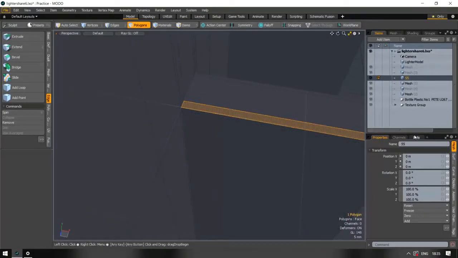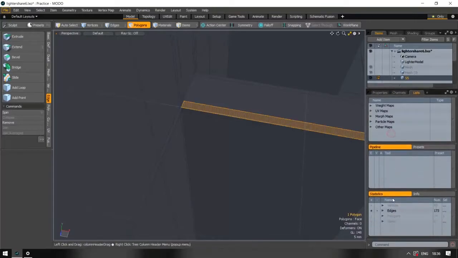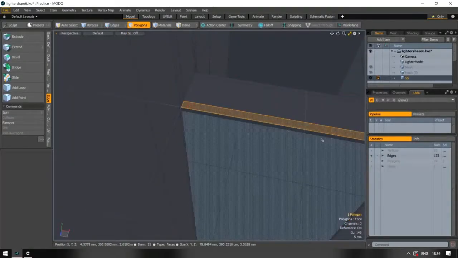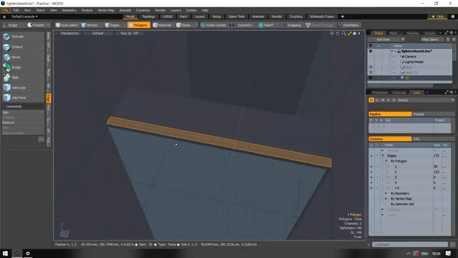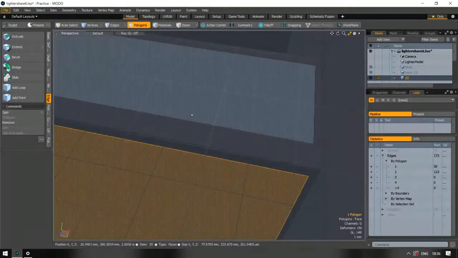When we go to lists and we scroll this, we can just move this a little bit up, and we select that polygon's edges. By polygon, we don't have anything with more than 5 edges or with more than 5 points or vertices, so that's good. Let me see. We also didn't cut through there, so